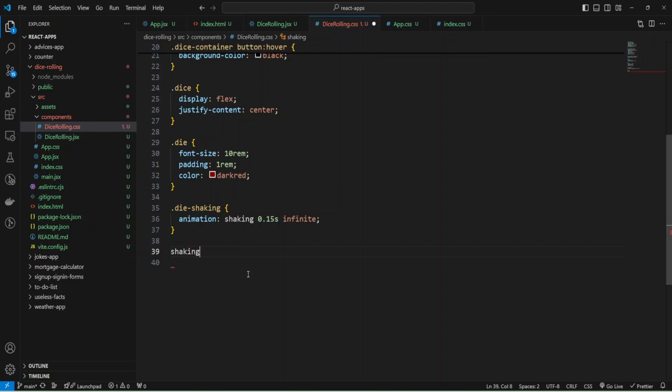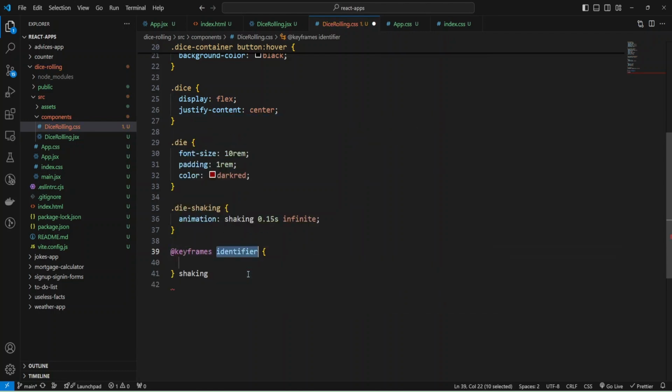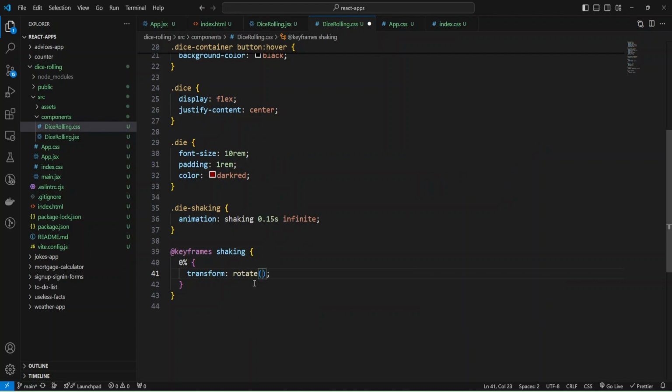It will be keyframes, and the identifier will be shaking. And the first state will be 0%, and for that I'm going to use the function transform and rotate it to 0 degrees.